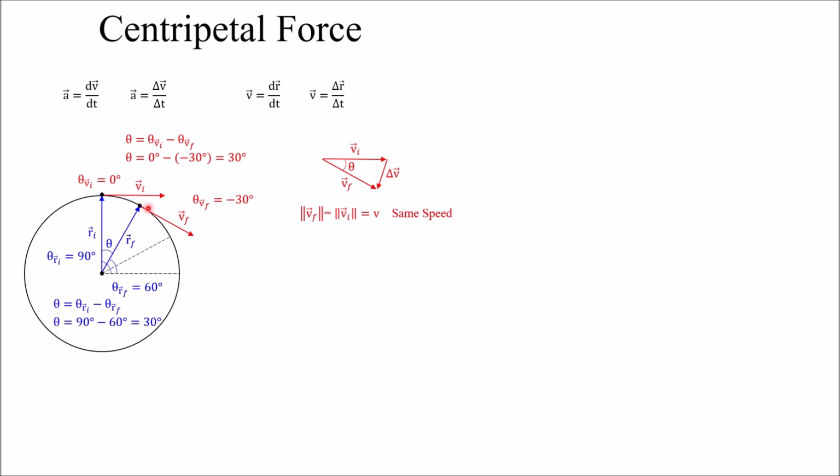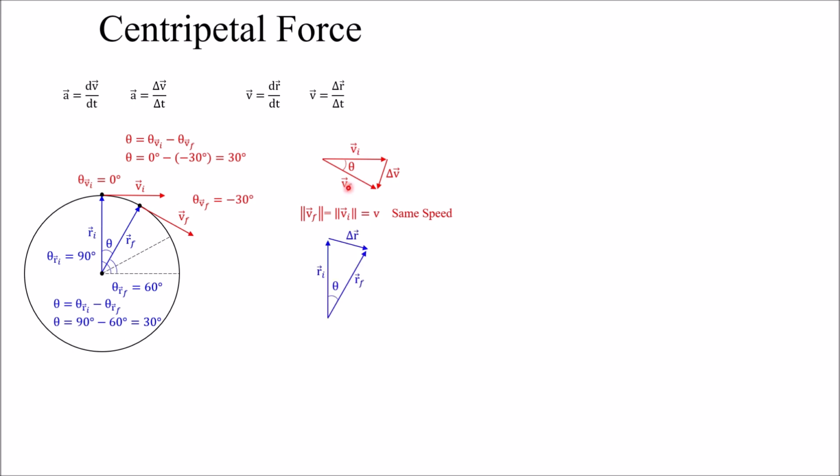We are changing direction though, and because we're changing our direction, and since velocity is a vector quantity, we actually are changing our velocity, but we're not changing the magnitude of our velocity. So this is an example where we're only changing our direction. And so let's just assume that we're at the same speed, so we can look at what's going on due to changes in direction only. And so let's assume that our initial and our final are pretty much the same,